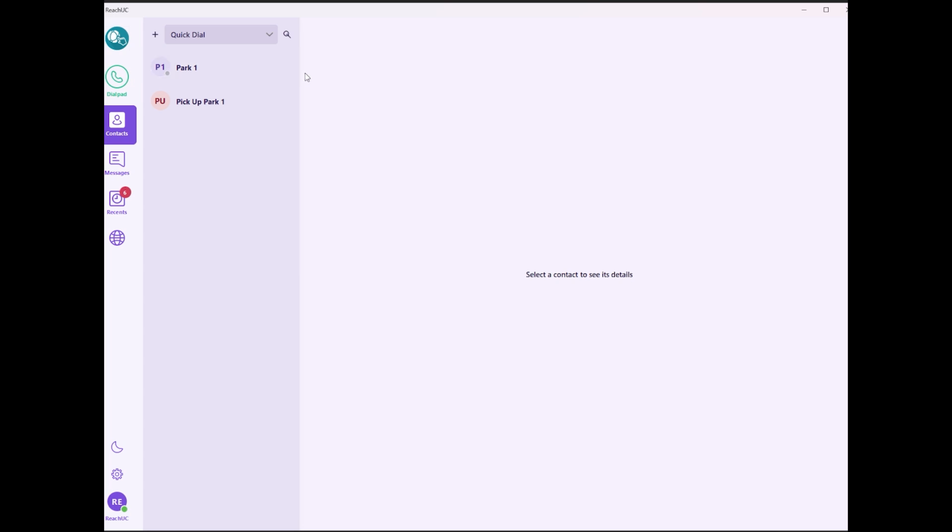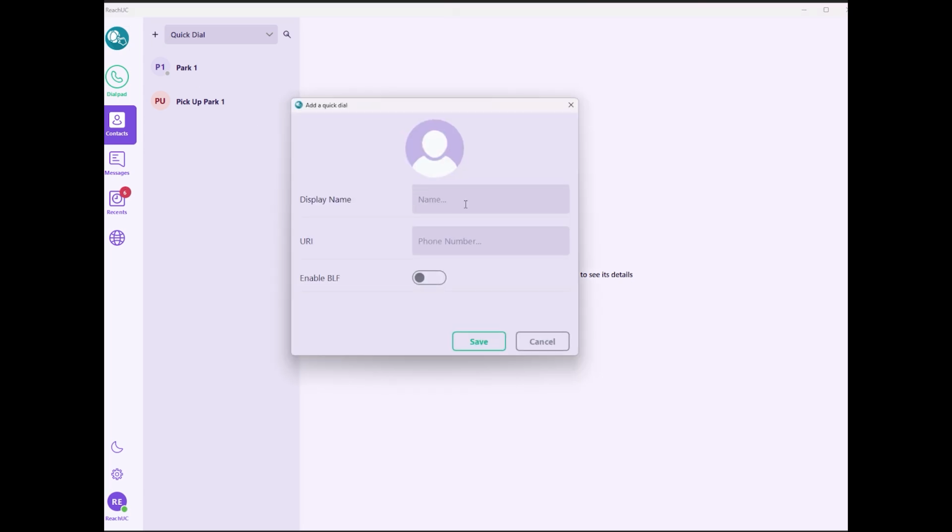Contacts. There are two levels of contacts here. One are the quick dials. These are speed dials that you can make. Here I've got a park and a park pickup, but you can also create quick dials for other users in the organization. Let's say, for instance, that I want to check out the extension for one of my supervisors, and